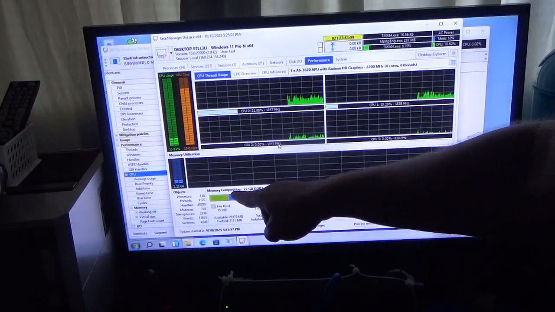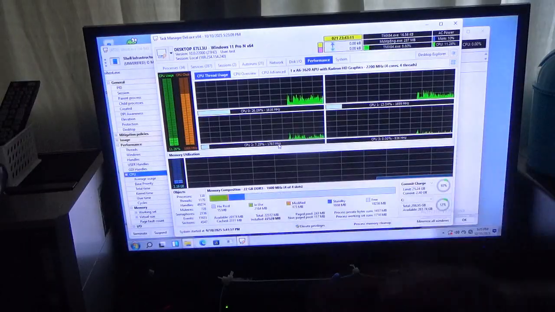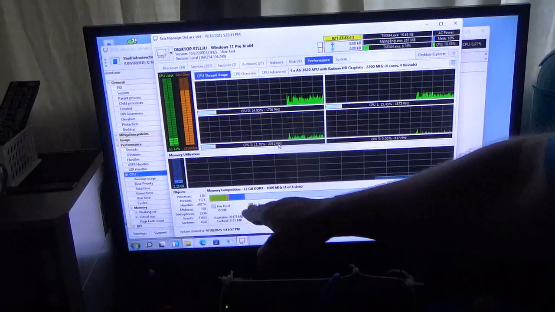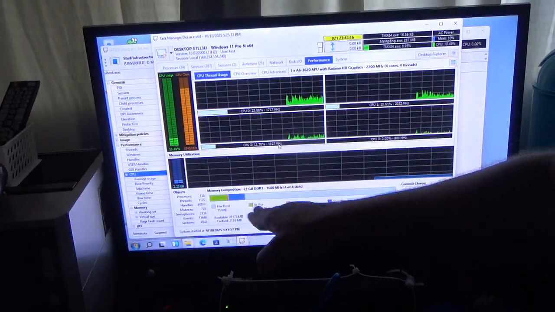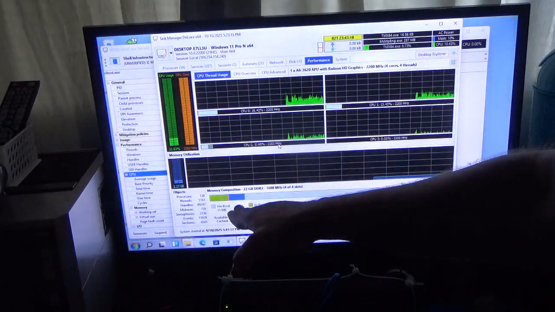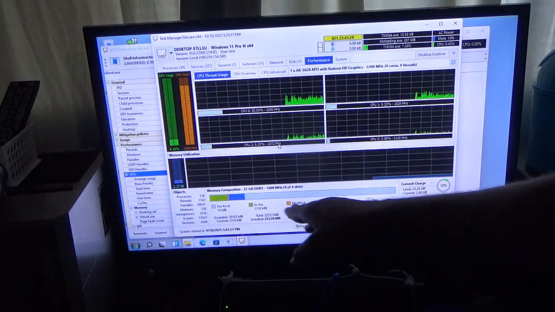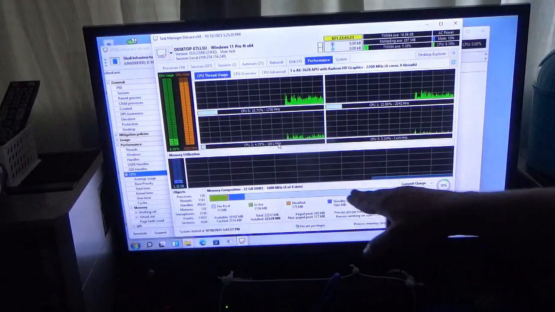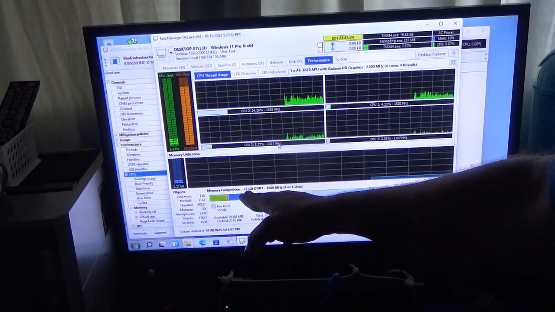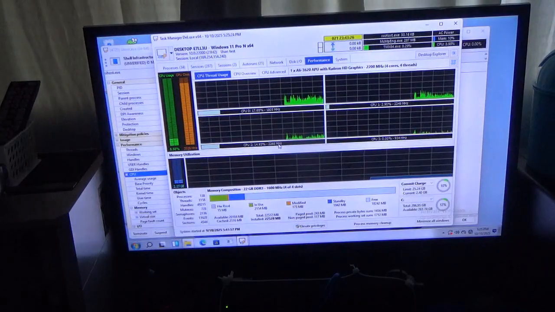Now, it gives you memory composition. This is running DDR3. Anything in green I'm using right now. Anything in orange is being modified in memory. Dark blue is standby, free. So all the memory space from here to here is not being used right now, but I don't need it to be used because I don't use much on this machine.